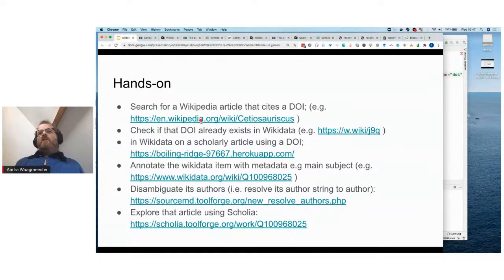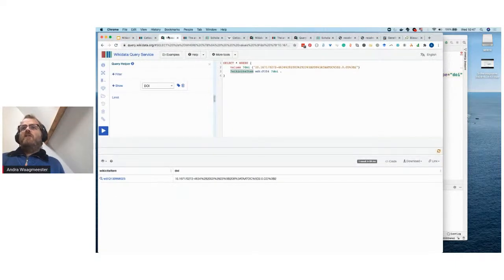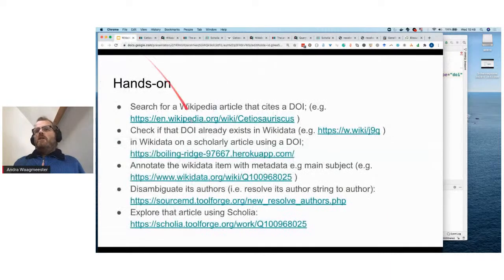So what have we done? We went to this Wikipedia article, then checked whether it existed, and I then used the bot to do that. So I explained that SPARQL was needed, and already a remark was made that SPARQL can be intimidating at times, and it has a learning curve. So instead of pushing SPARQL through, you can also use